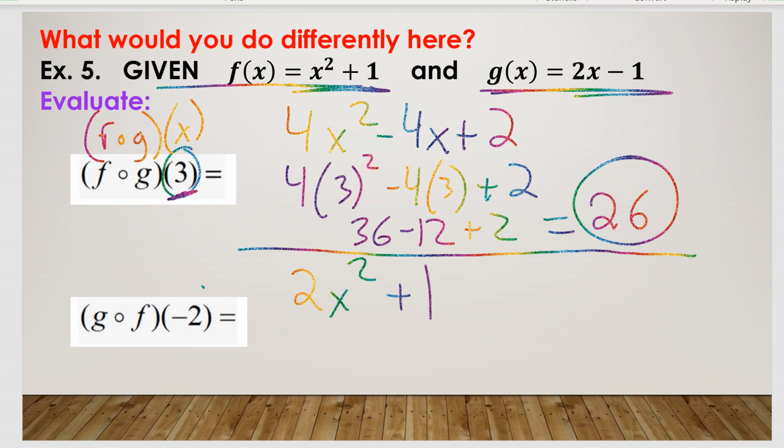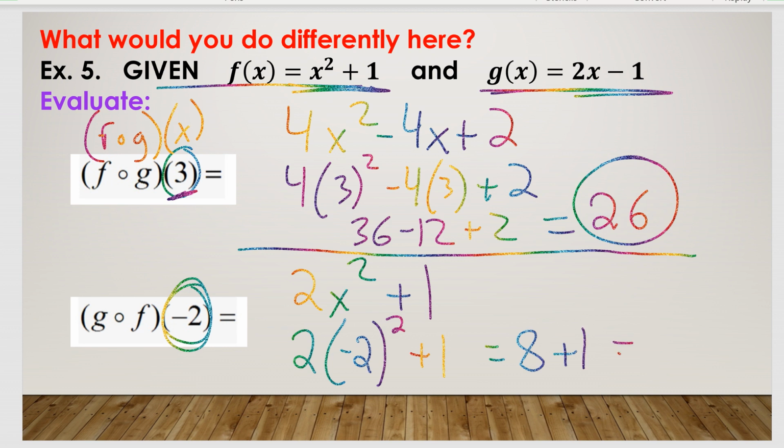So then our next one, we see, okay, well, what is our x value here for g as a composite function of f? And it's -2. So then we would, again, we see an x, so we just substitute or replace it right there with what we know the value is, or what x equals. So now we say -2 squared. So remember, you have -2 times -2, so that's a positive 4. So 4 times 2 gives us 8, and then 8 plus 1 gives us 9. All right, so hopefully you were able to